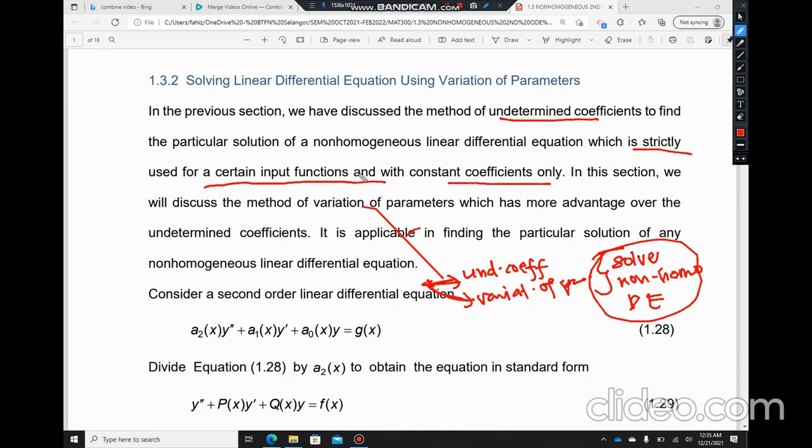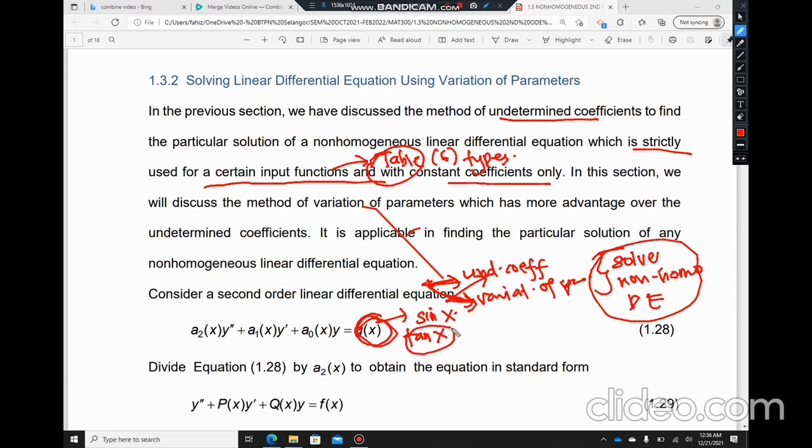Okay, apa maksud dia? Kalau kita refer balik note sebelum ni, dia just refer pada table yang ada 6 types of function tu kan. So contohnya kalau function fx kita yang sebelah kanan ni, katakan function sin x. Okay, sin x, so we can use either undetermined coefficient or variation of parameters. Tapi kalau diberi kat sini tangent x, kalau awak refer pada table dalam nota sebelum ni, dia memang tak ada